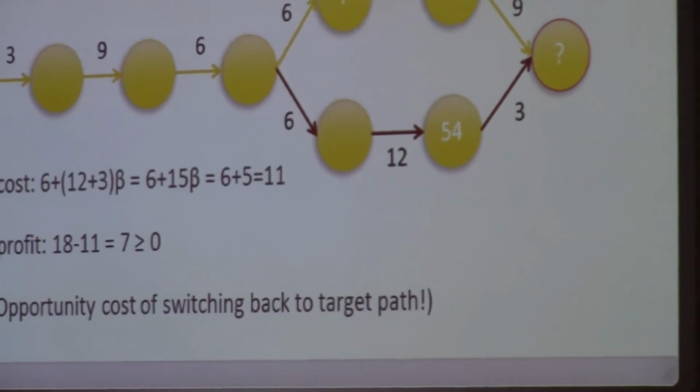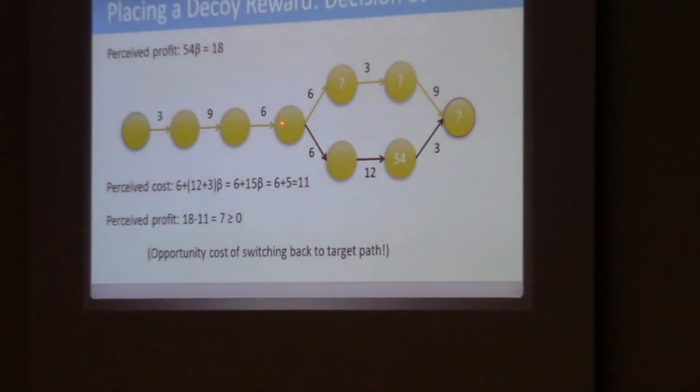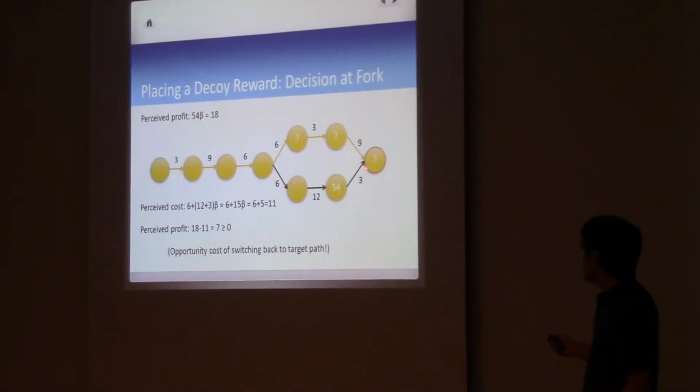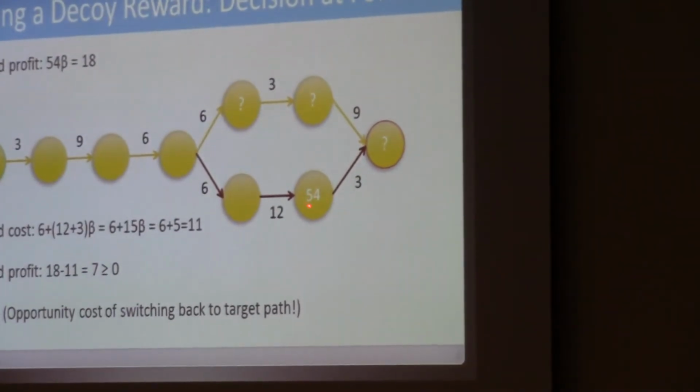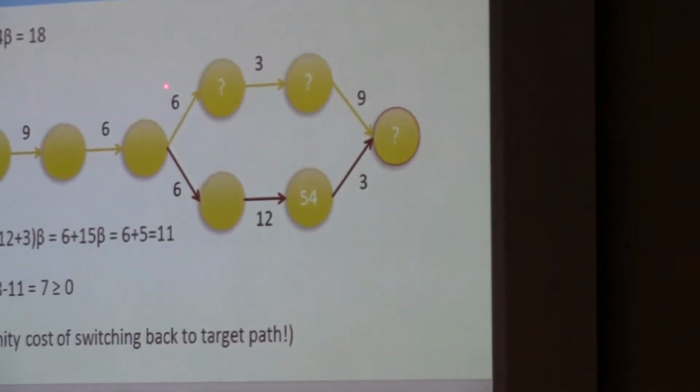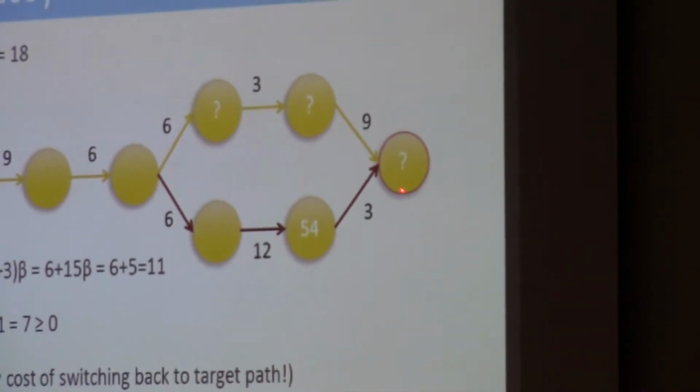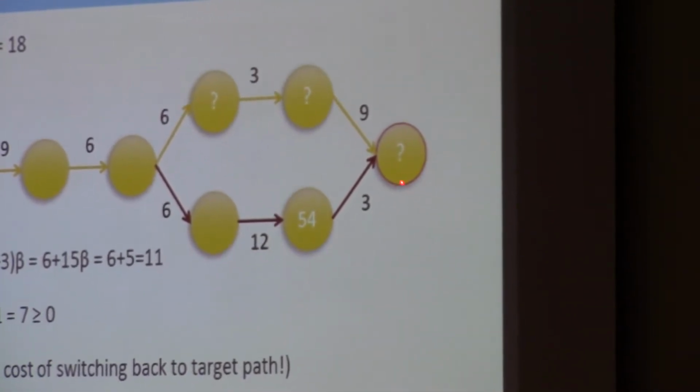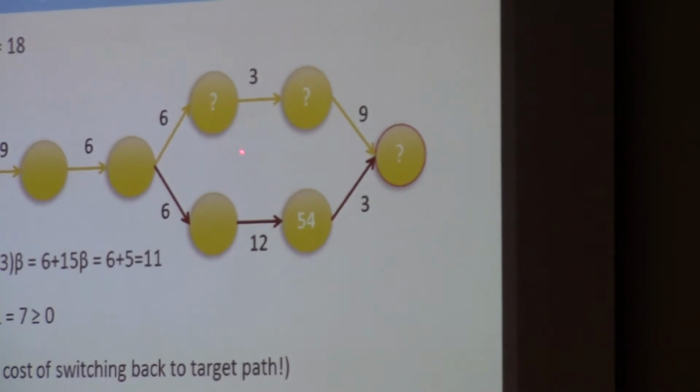I'm now going to find, the agent is going to find something at this fork. It, of course, clearly perceives it being profitable to go claim this decoy reward. So now these question marks are coming on. This is because I was going to put a reward here and I didn't specify what. Now I'm going to specify what.